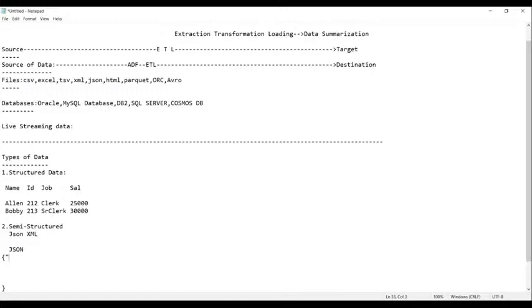The data will be like this. Name, and here you have what name? Alan. Am I right, everyone? Now use a comma here. What's the next thing you have? ID. If you have an ID, it will be written like this. What's the ID here? 212. As it is numeric data, it is not kept in double quotes. Then you have job.